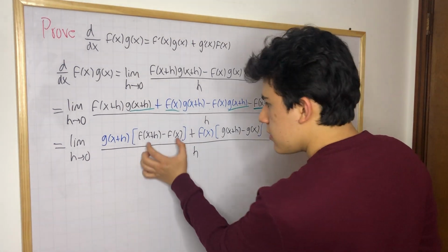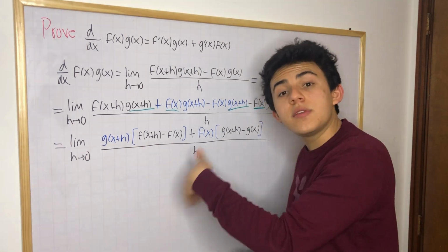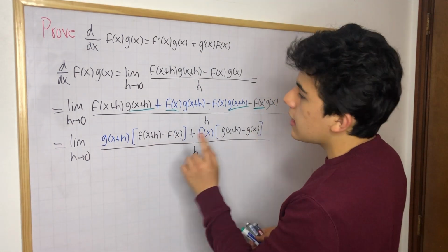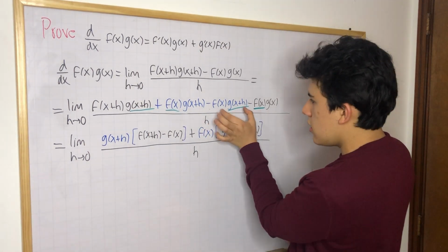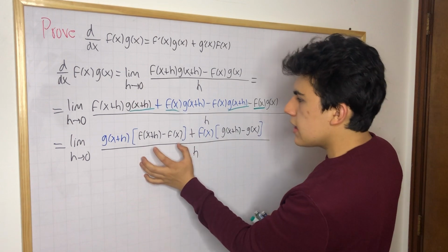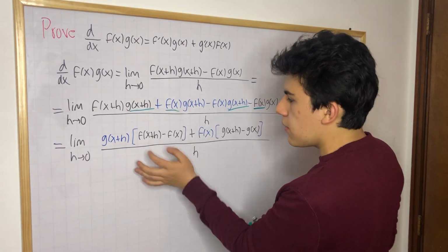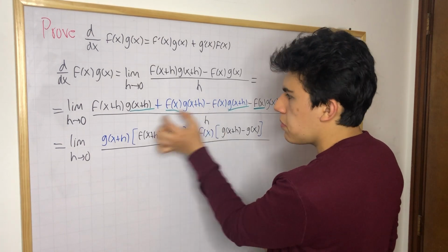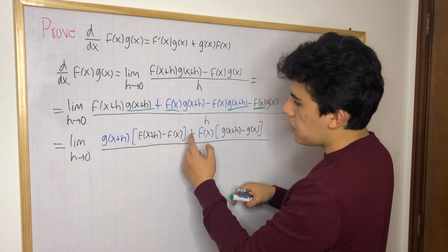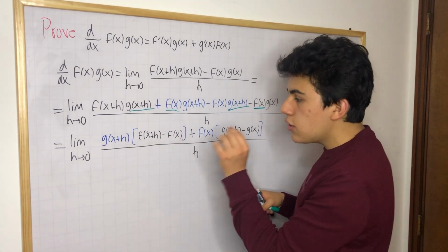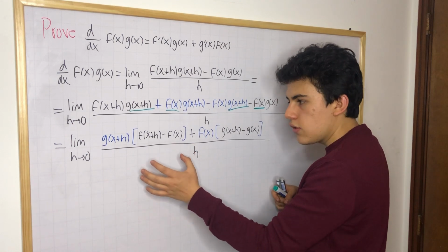And it turns out that on this side, if you put h dividing this, you're going to have the derivative of f. And I needed to choose g of x plus h and negative g of x plus h on this term in order to get f of x plus h minus f of x. Because if I had used this term, taking out g of x plus h on these two terms, it would have been g of x plus h times f of x plus h plus f of x. And I don't need that because I want to be able to write the derivative definitions for f